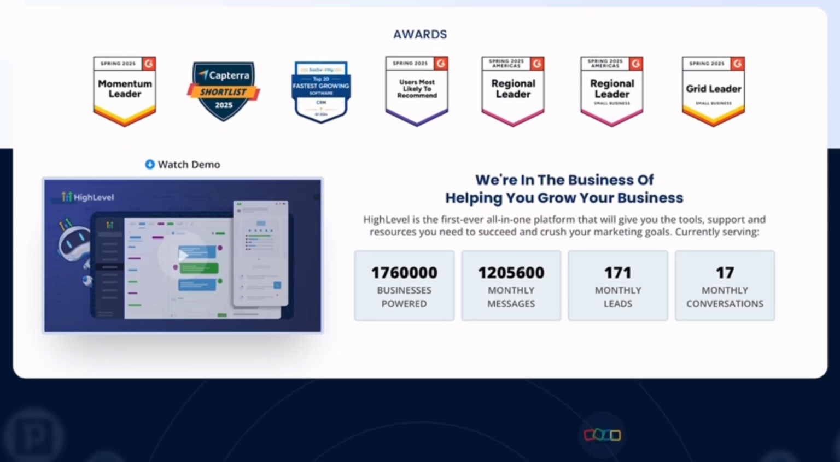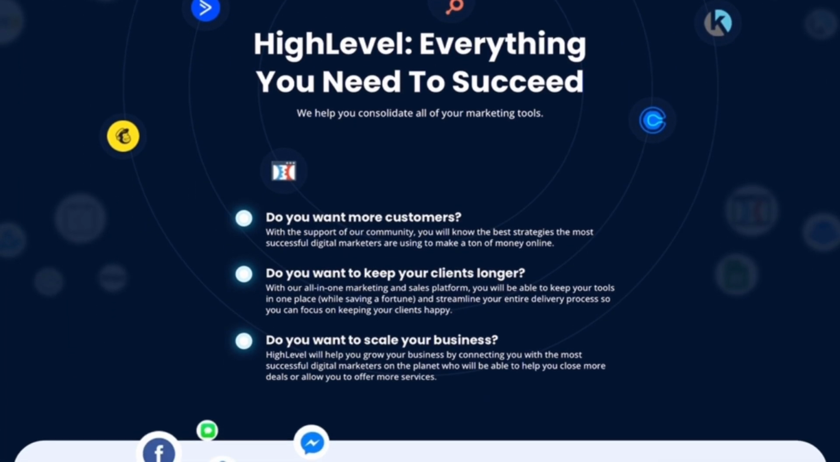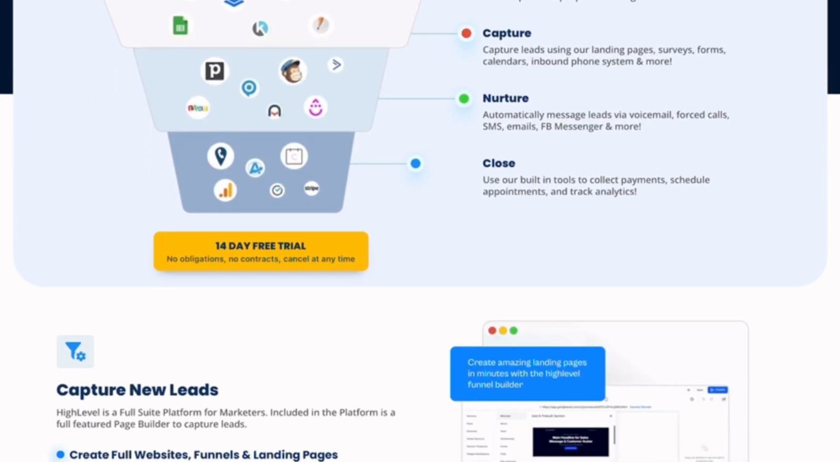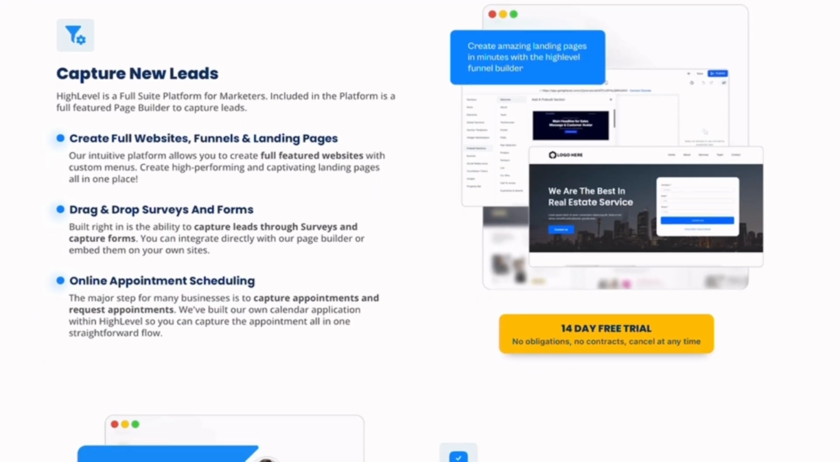Gohighlevel is more of an all-in-one marketing and CRM platform with automation built in. If you're running a business and want email, funnels, and automation together, it's powerful, but it's not for everyone since